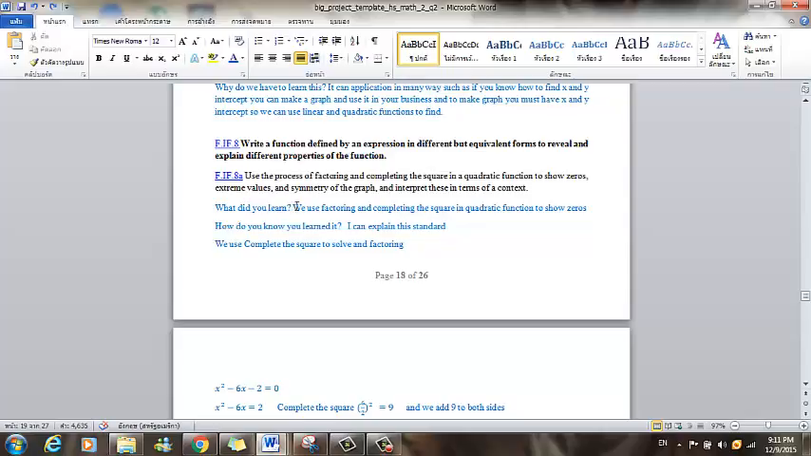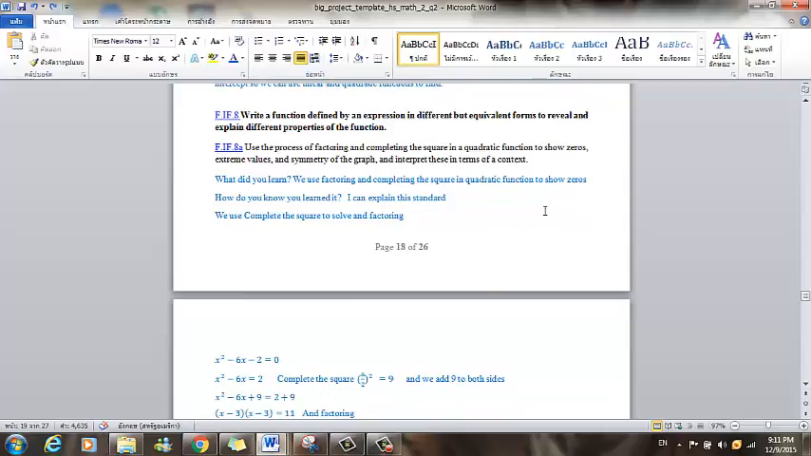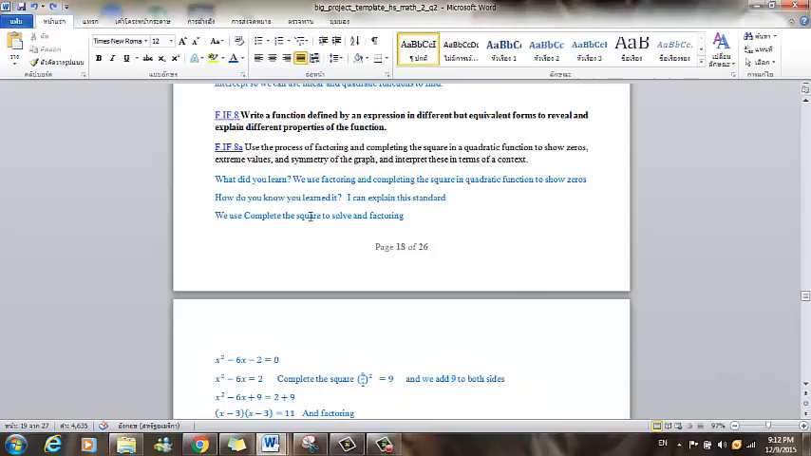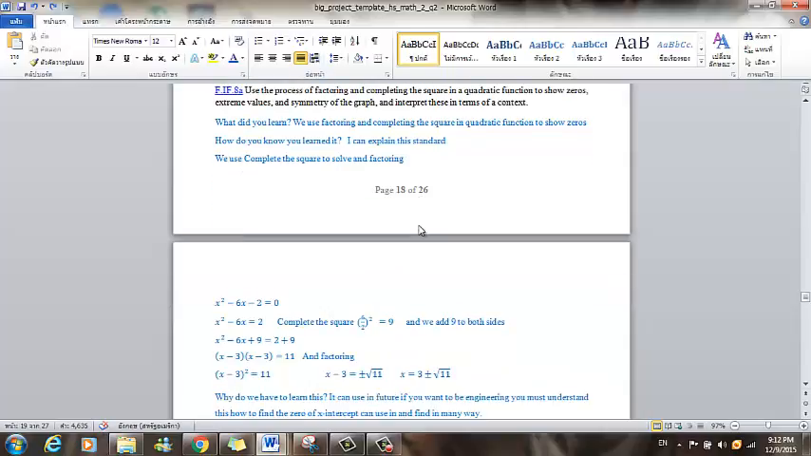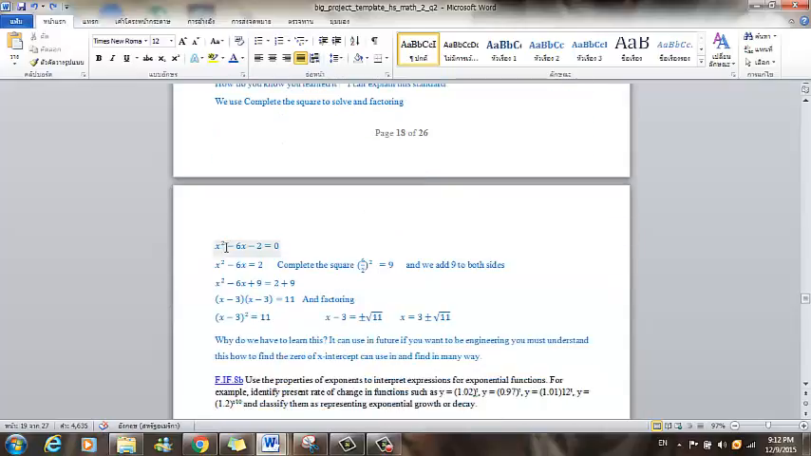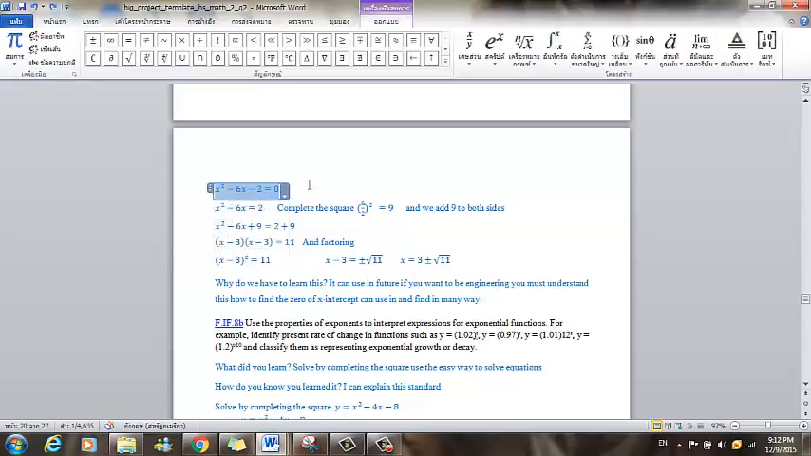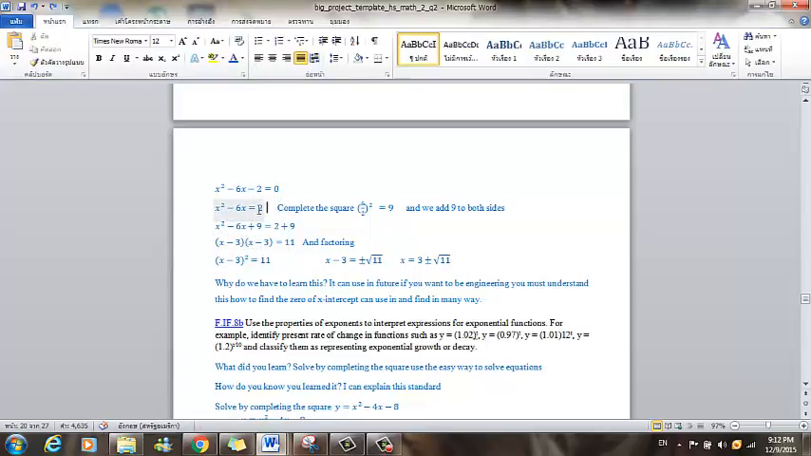What did I learn? We use factorizing and completing the square in quadratic equations to find the zeros. We use completing the square to solve instead of factorizing. So x squared minus 6x minus 2 equals 0. You change the side: minus 2 changes to the other side and becomes plus 2. So completing the square, we're completing